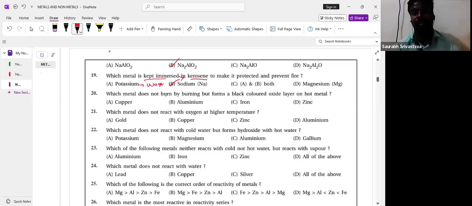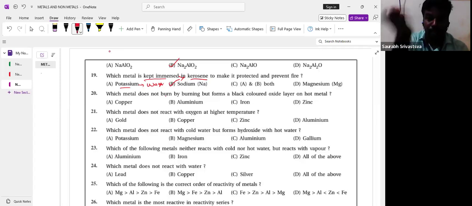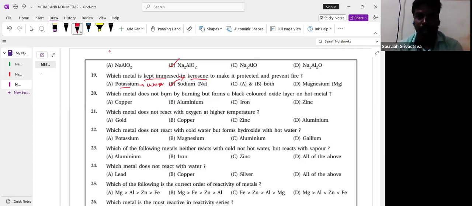Why should potassium be kept in wax instead of kerosene? Because potassium has a light density. If you keep it in the kerosene, which looks like water, it will be floating on the surface of the kerosene. If potassium is floating on the surface of kerosene, then what will happen? Automatically it will catch fire. So potassium is a lightweight element, and a lightweight element should be kept in the wax only. Given that they won't keep it in kerosene, but sodium they will keep in the kerosene. Okay, so both the answers are correct.